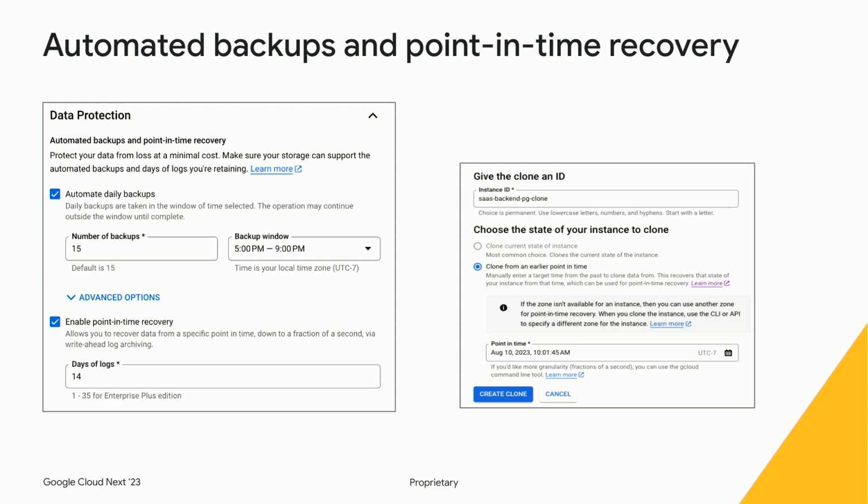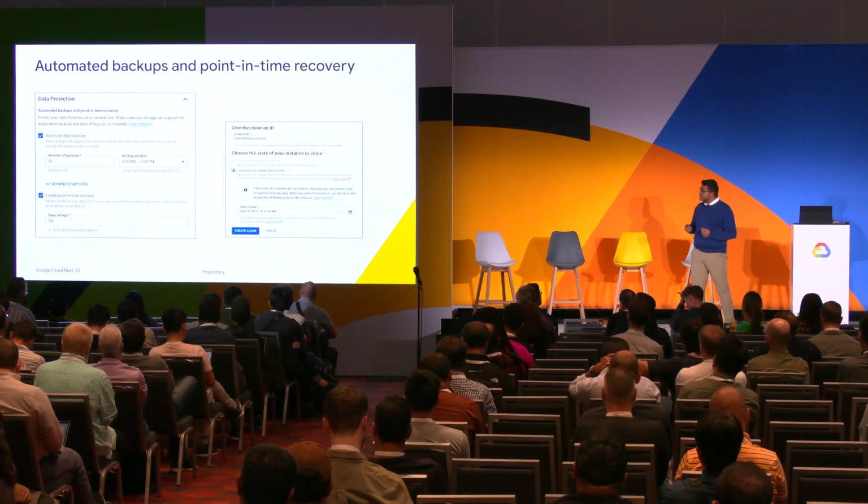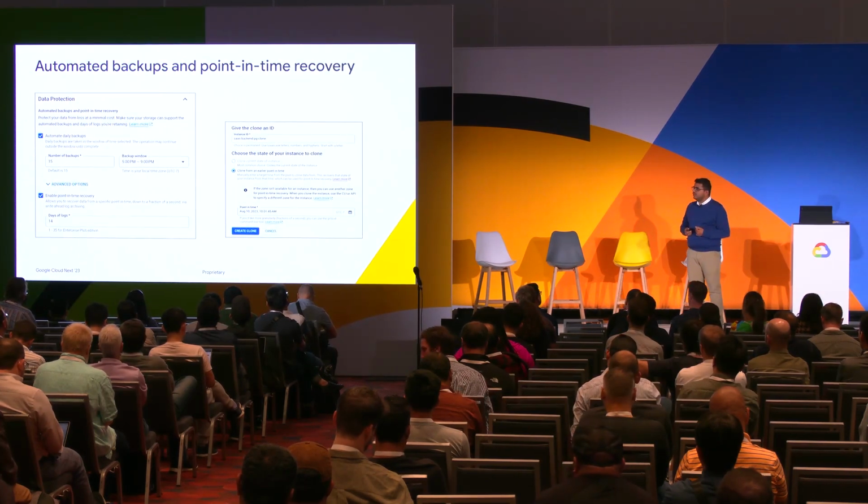We have different types of backups. They are called automated backups and on-demand backups. Automated backup is something that Cloud SQL performs on your instance once a day, and you can define a retention period for this backup between 1 and 365 days. On-demand backup, on the other hand, is something that you perform yourself, and it doesn't have an expiration period. Cloud SQL also allows you to perform point-in-time recovery on your instance by storing the logs for your instance. This feature is available along with the backup features across all 3 of our engines. So as you can see here, you can essentially specify a date and point in time,